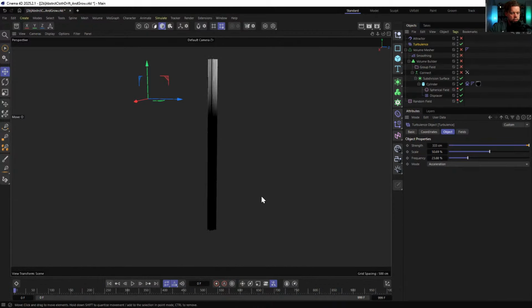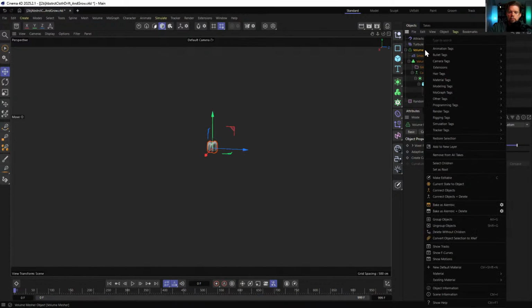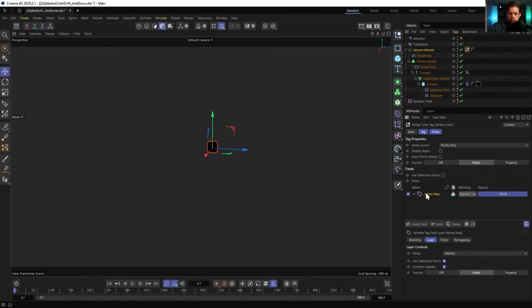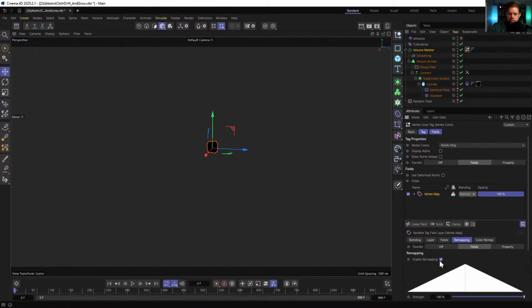Oh yeah, I was going to show the material thing, and then we'll probably move on. Save. So we got the vertex map. All we have to do is reactivate everything, and then I'll make a volume on the volume builder. Make a vertex color map. In the vertex color map, drag in our original vertex map. Change the remapping. Enable remapping, color remap, gradient,